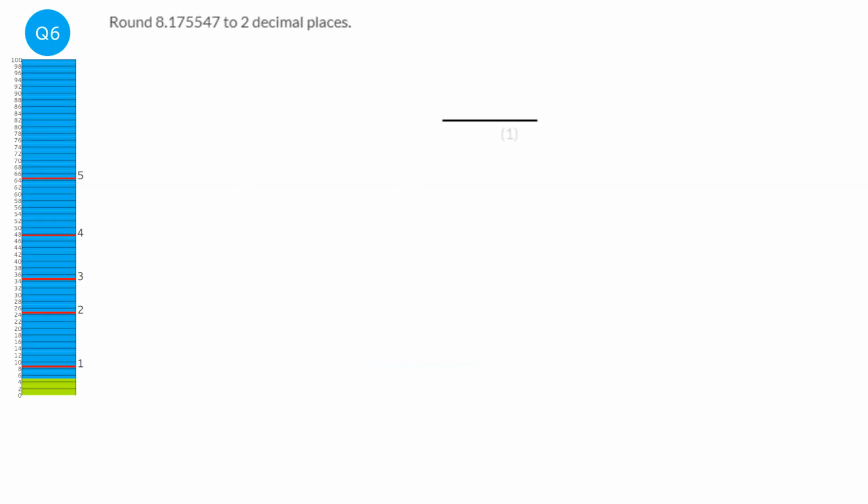So we're just going to start by writing the number a little bit bigger. So it says to 2 decimal places. So we're going to draw a line after the second decimal place. Now all the numbers to the right are going to disappear. They're going to turn to 0, and because it's a decimal, that just means we get rid of them. But we have to look at this number first. Now if this number is less than 5, we just keep the number to the left, so 8.17. But if it's 5 or more, then this 7 goes up to an 8. So this will be